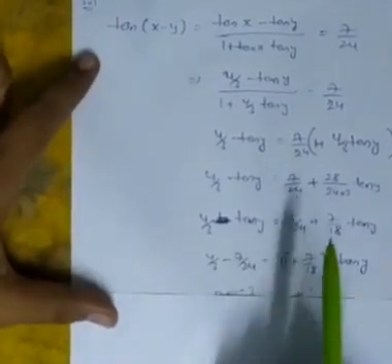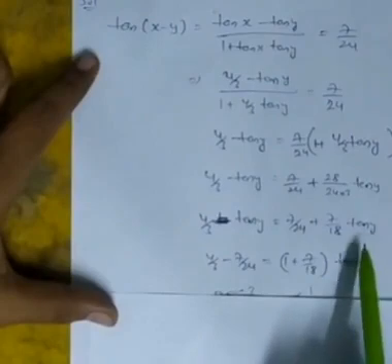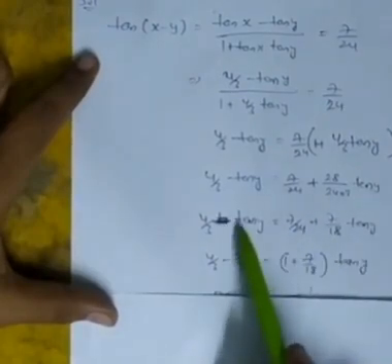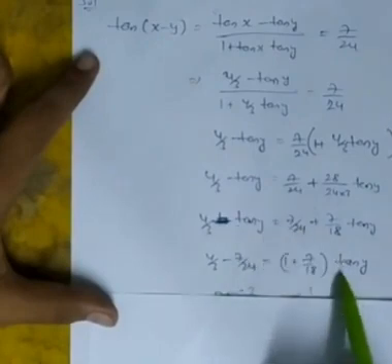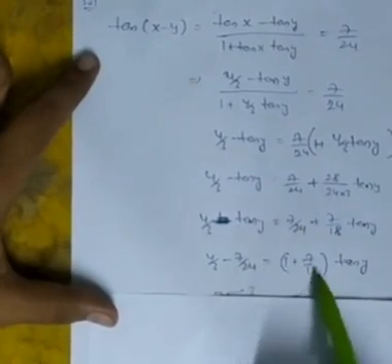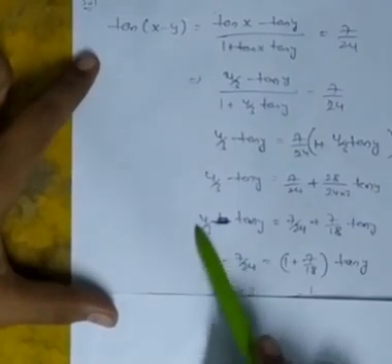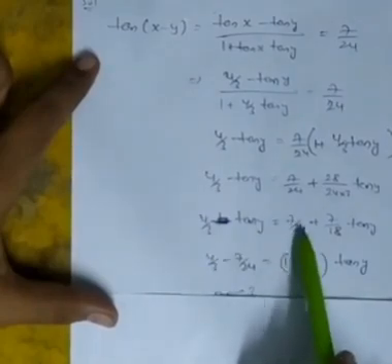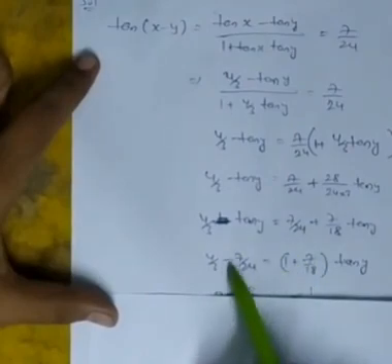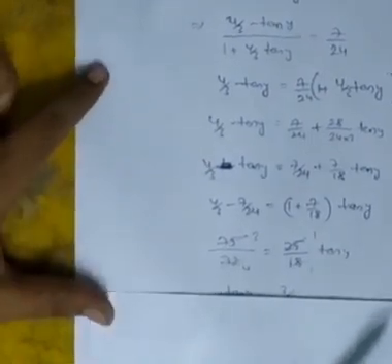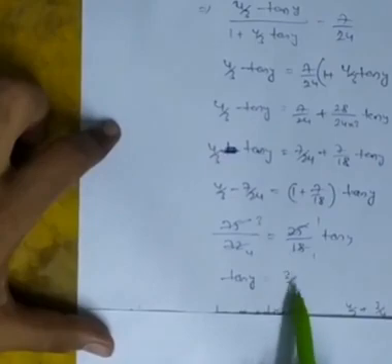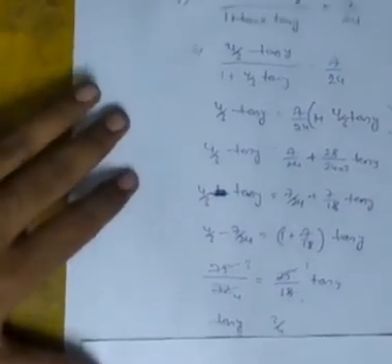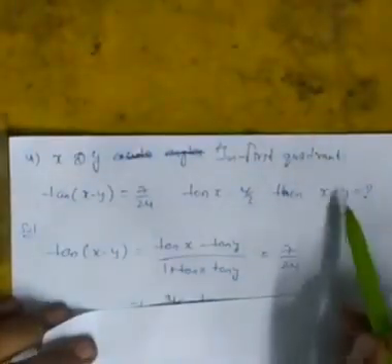Next, constant terms on one side and tan y terms on the other side, so it is negative here. When it goes to the right side, it will become positive. Taking tan y common, we are left with 1 plus 7 by 18, and the constant term is already 4 by 3, so it is positive. 7 by 24 is positive, and when it comes to the left side it becomes negative. So after calculation, we will get tan y equals 3 by 4. So he asked about x plus y equals how much.